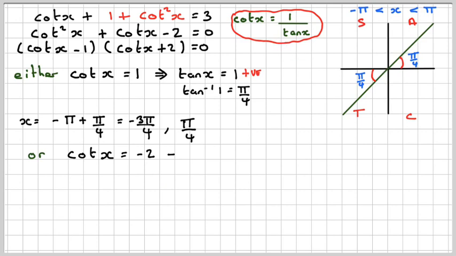Or the other bracket's equal to 0, so therefore cot x is equal to minus 2. Then using this here, that means that tan x is minus 1 over 2. If you're not sure about that, pause the video here and just check, because what you're saying is 1 over tan is equal to minus 2, therefore tan is going to be minus 1/2. And then tan to the minus 1 of 1/2 doesn't give a nice number, so we're just going to get